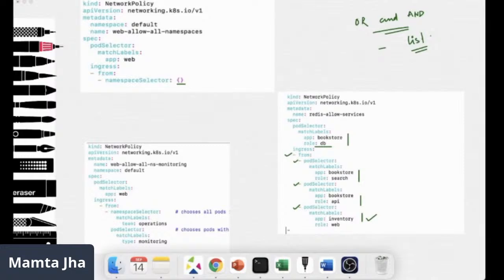Now let's see if we can have an AND condition. We can have an AND condition, where from a specific namespace, a specific pod only can communicate. So here, I don't see a hyphen. That means this and this condition are together. They are AND.